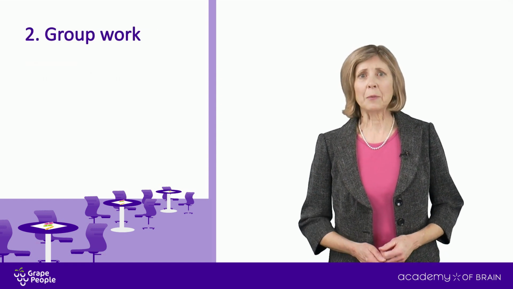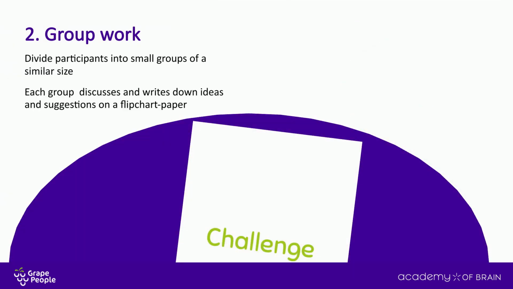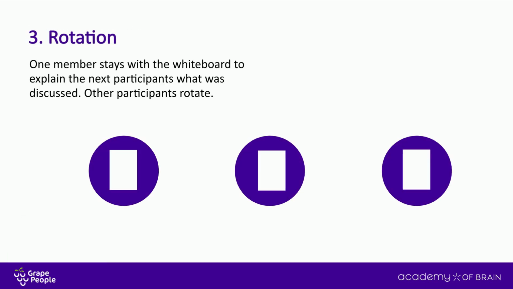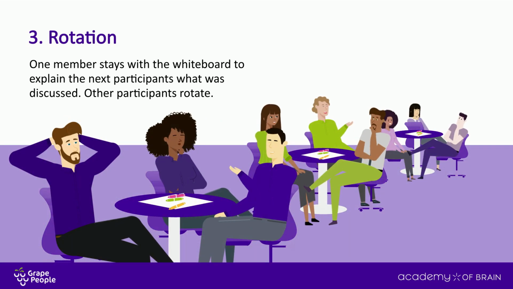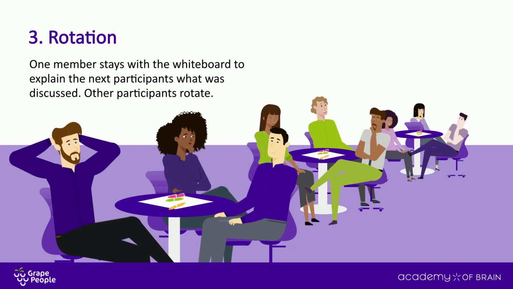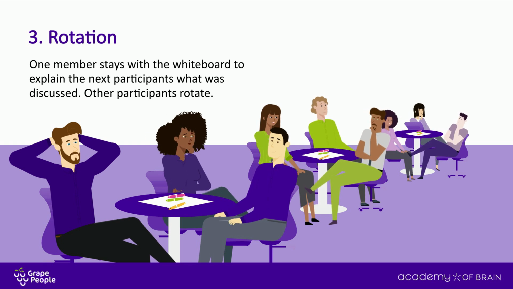In this room, we have 3 tables. I have placed a piece of flip chart paper and markers on each table. I also have assigned one of the key challenges to each table. Your task now is to have a nice talk with your table mates about the key challenge assigned to your table and write down possible solutions on the flip chart paper. After a while, one person will stay behind while everyone else rotates to a new table to talk about a different key challenge. The person staying behind is the host of that table. The host's job is to explain to newcomers what has already been said. Everything clear? The team was getting used to working together in small groups and got to work immediately.